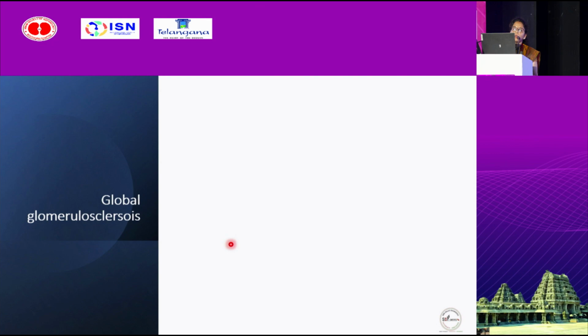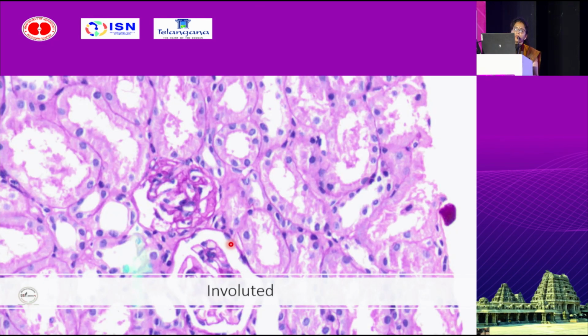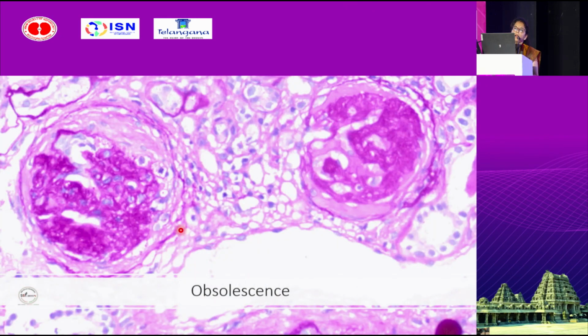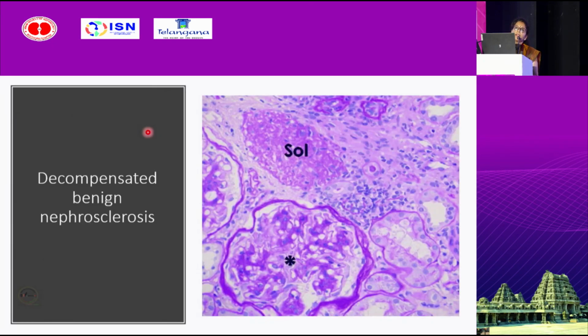Now the types of global glomerulosclerosis. This is a type of involuted glomeruli which are seen in cases of MCD. These are nothing but the strongly staining mesangial matrix with some viable podocytes. So these will be positive for podocyte markers. And there is obsolescent glomeruli which are seen in case of ischemic nephropathy, and there is a PAS positive tuft and PAS negative collagenous material in the Bowman space. This is seen in hypertensive nephropathy, and it has to be differentiated from fibrous crescent, where there will be a breach in cases of crescent.